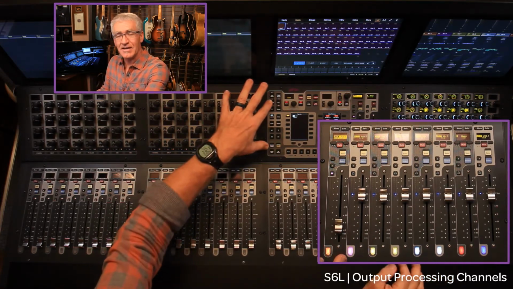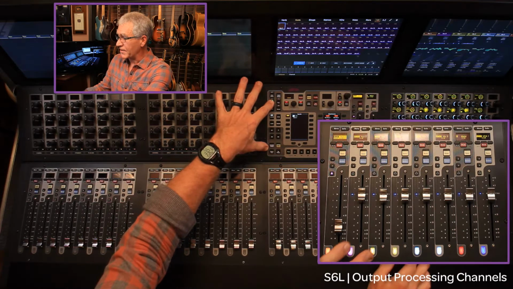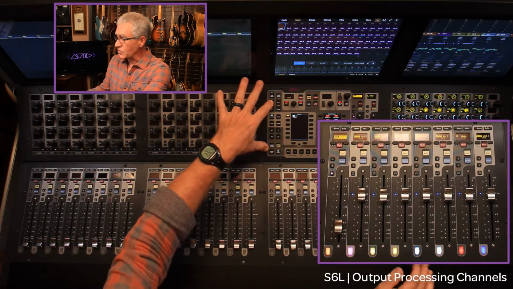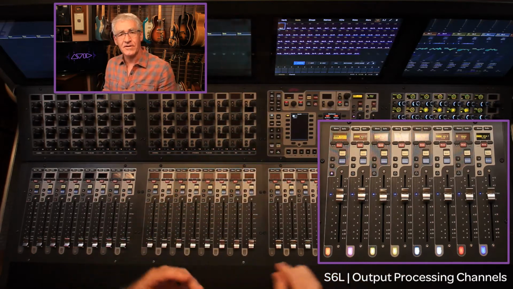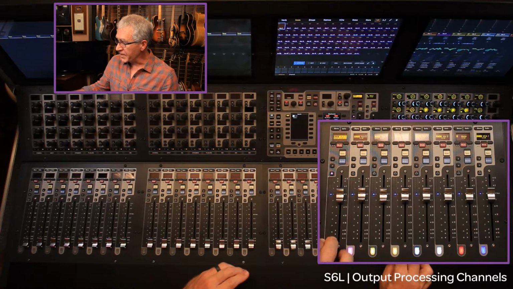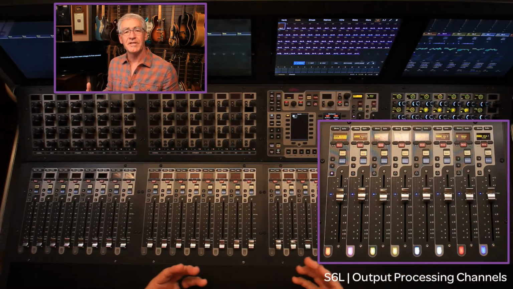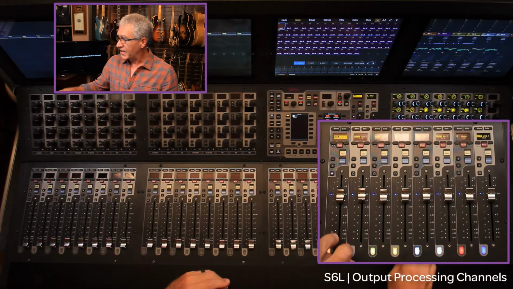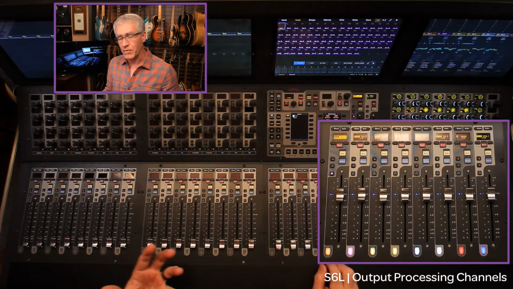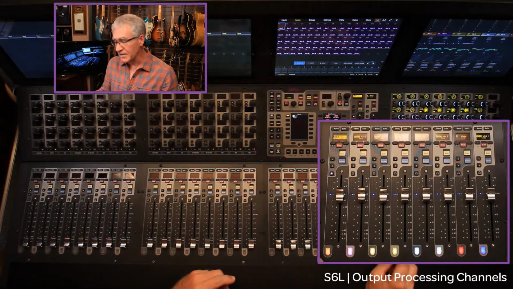If we have a fader out of position and we just hold down default and touch the fader, it will bring it right back to the nominal position. Of course, we can do that with the attention key and the default key combination as well. With regard to metering, we have the same metering capabilities on input versus output. Here we have the long, tall segments of green, yellow, and red LEDs to give us our channel indication there,